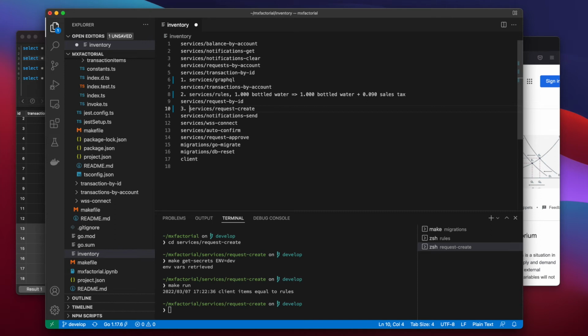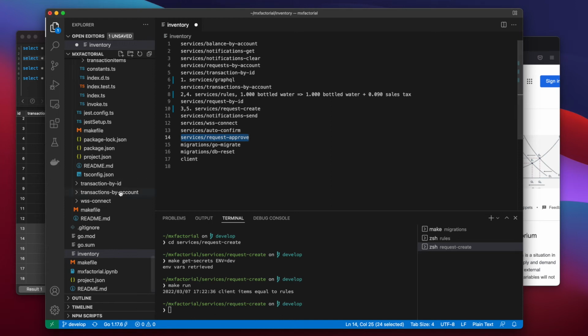And because it asks rules if the buyer and seller got all their items, rules occurs again as step 4. Then the request create service wraps everything up as step 5 if the request it's handling proves to include the current and expected items repeated by rules. Now, going back to the old-fashioned way, if approvals are pending, meaning a transaction is still in request, approvers are notified and they send their approvals to the request approve service. That's when a request becomes a transaction.